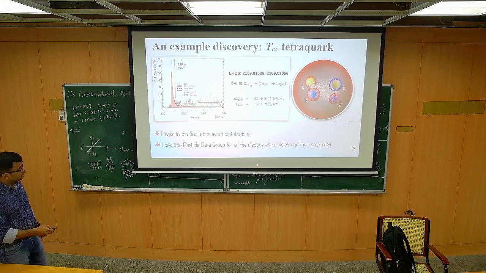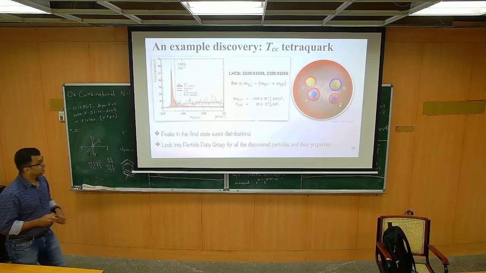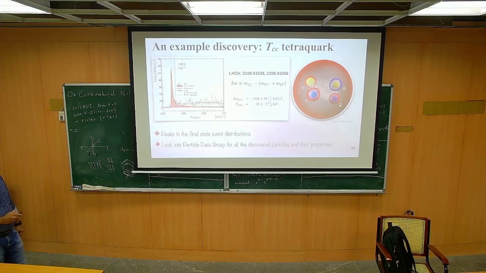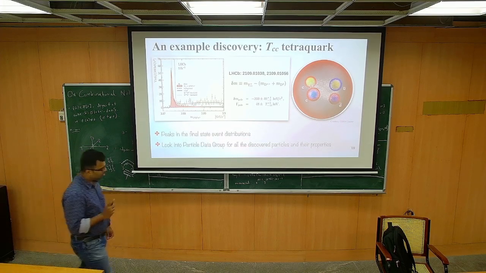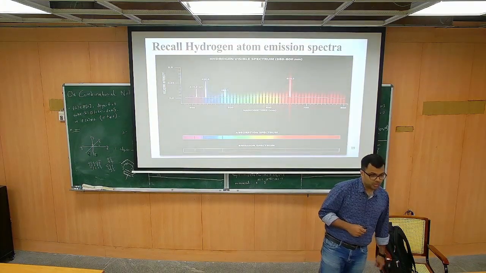And since this is referring to a tetraquark, I thought this might be interesting. So there was a state that was observed in the experiments in 2020, where it was found in a 3-state final state combination. D and D pions are basically mesons, as I discussed, these quark and antiquark kind of structures. So they found that there is a clear peak in the event distribution, which said that there is a particle with mass around this region. Okay. You can look into the particle data group page to see what other particles are observed.